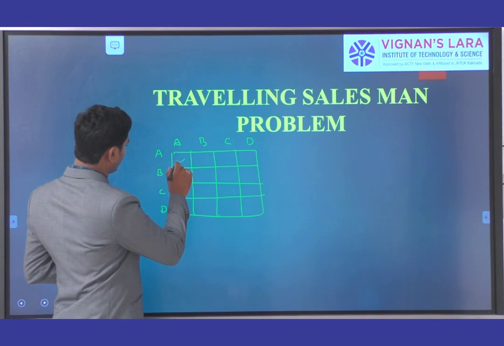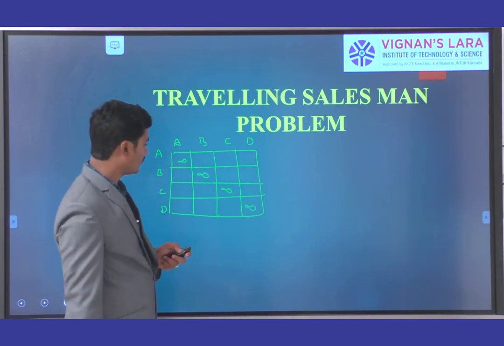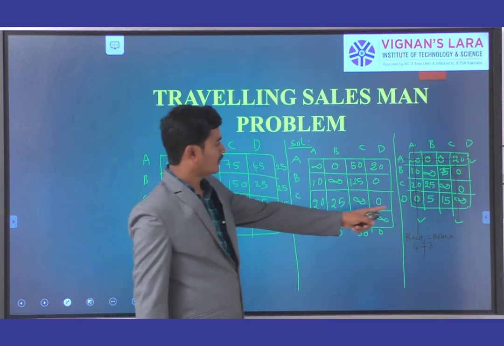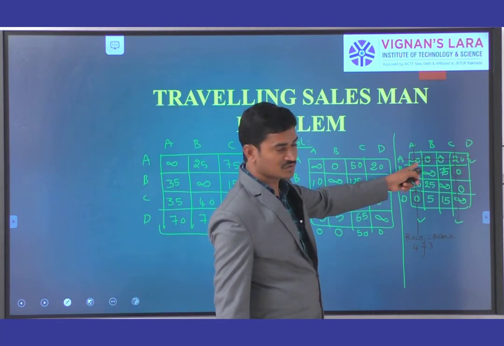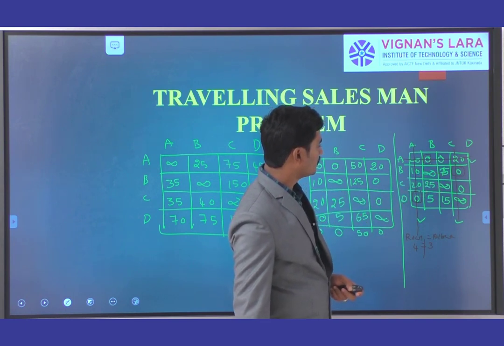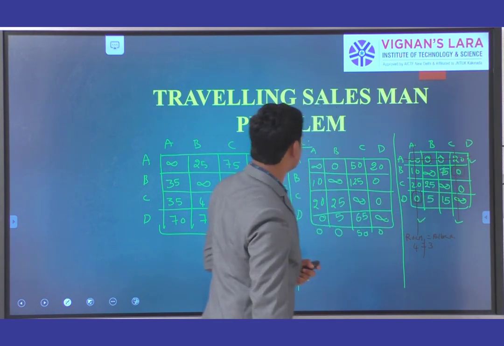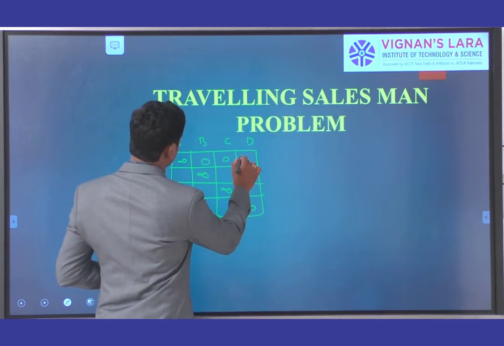Okay, here we have the infinity. There is no change. Infinity, infinity, infinity. Okay, here we have 5. So first we have the infinity, there is no change. Next coming to this station, there we have the 0, and these are all passed by a single line. So we take as is: 0, 0, 20.